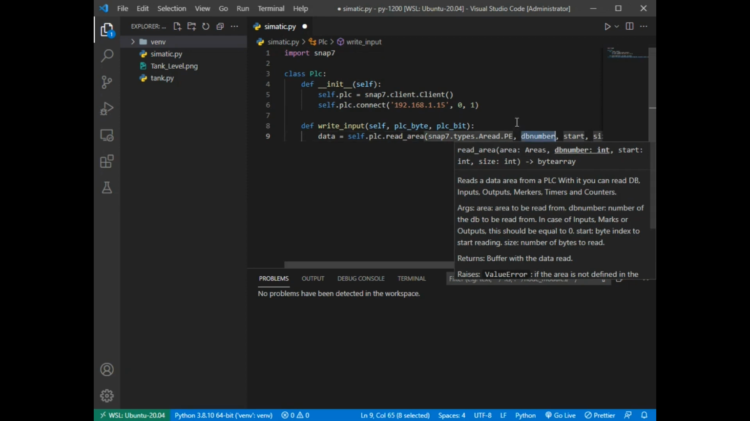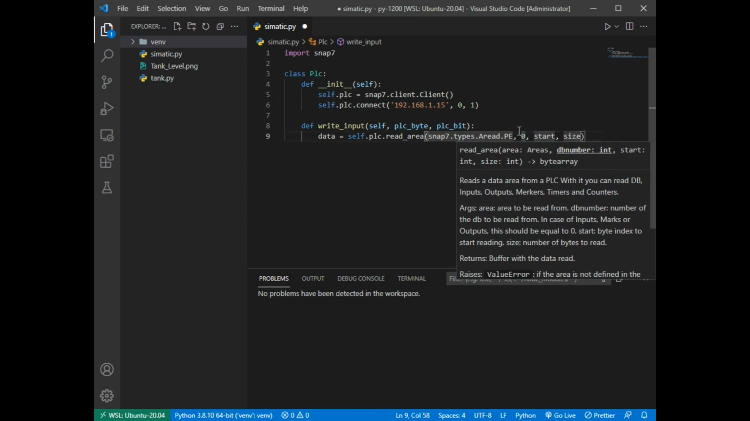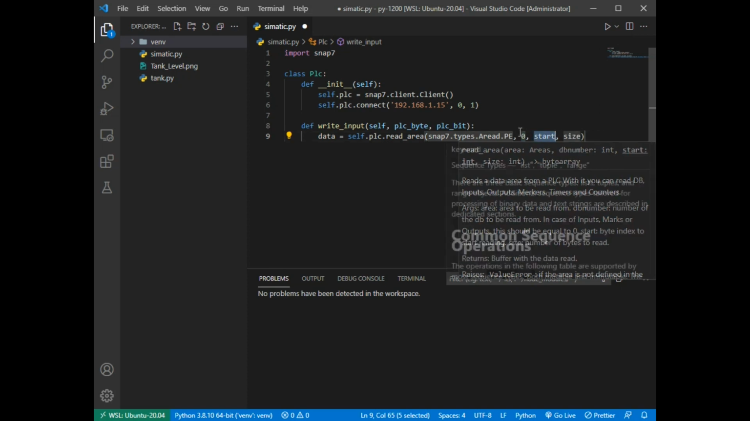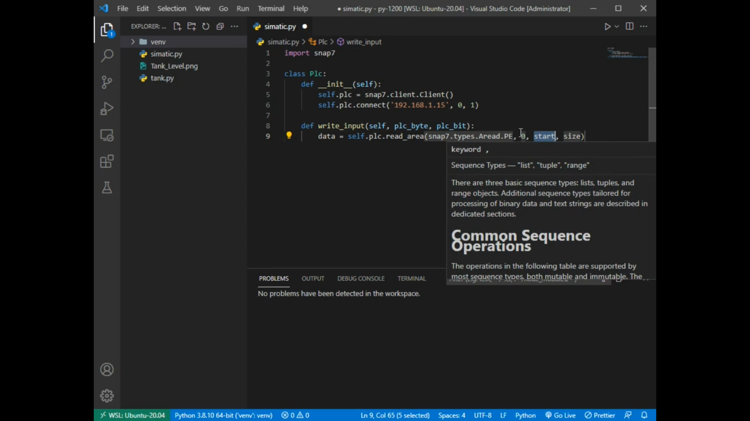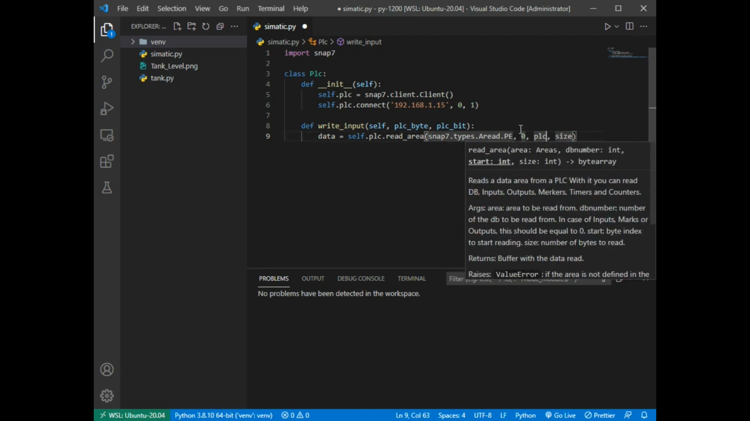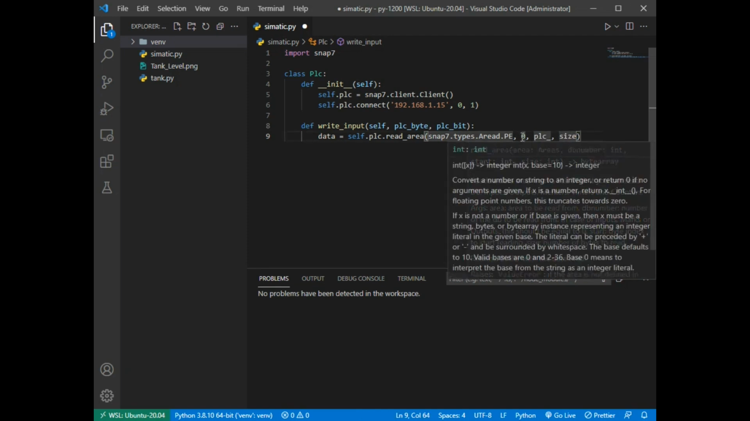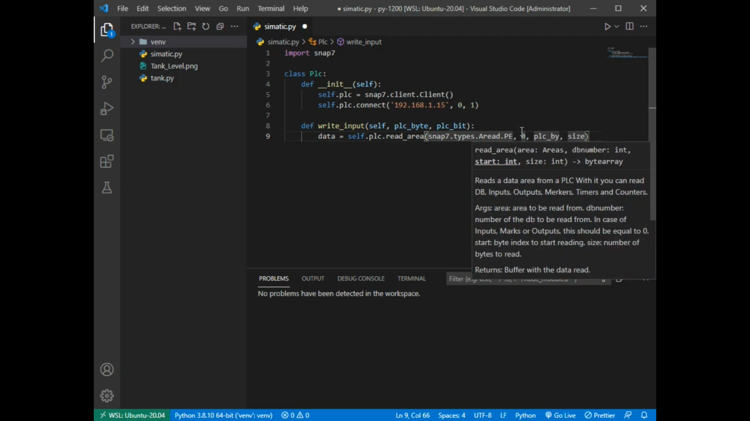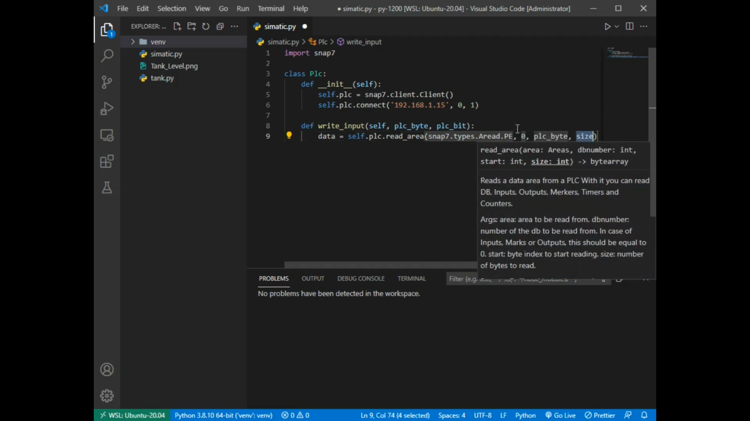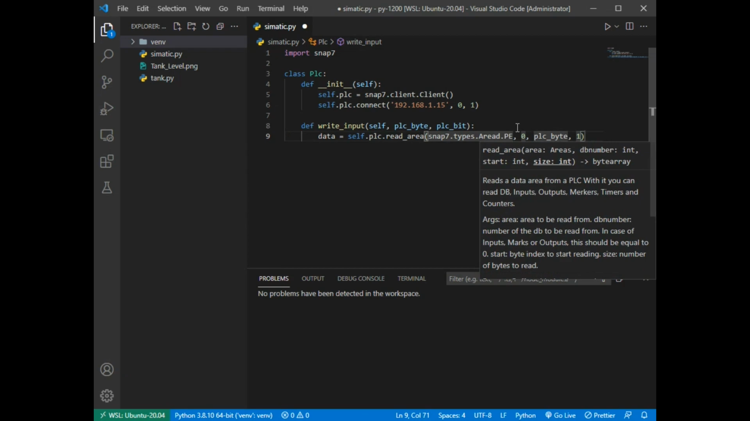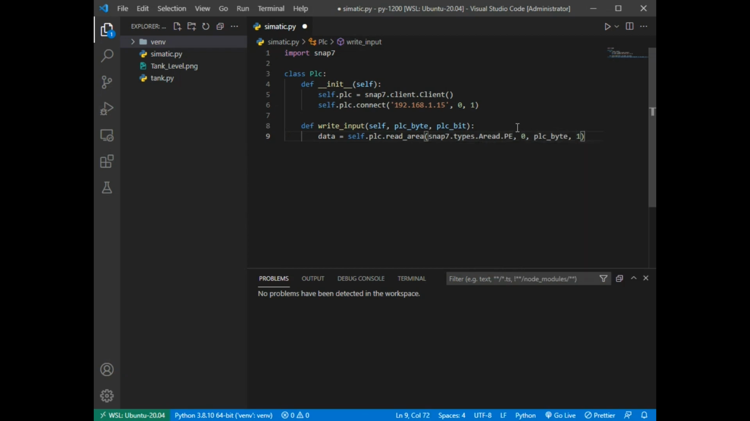then I'm going to use the DB number, but now with inputs this has to be 0. The start byte will be the PLC byte, and the size will be 1. I want to read 1 byte. Okay,